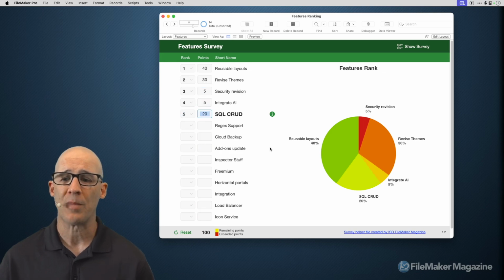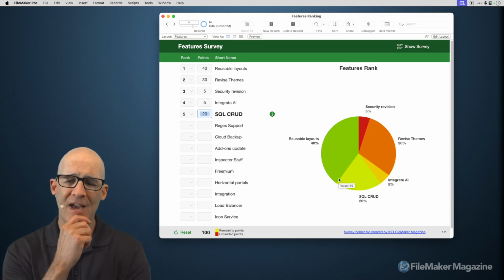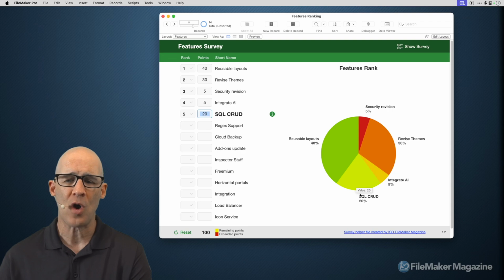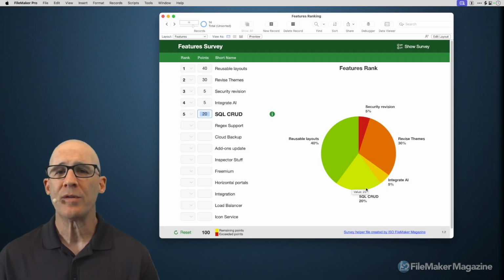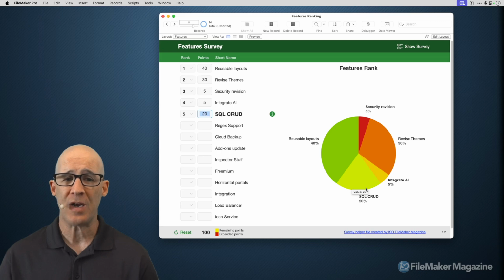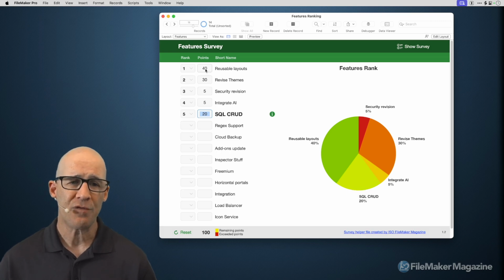And get back to my results and say, yeah, that's actually more accurate. I do want to give SQL that much more of a weight. So what we're going to do in the remainder of this video is the conditional formatting that is on both of these columns